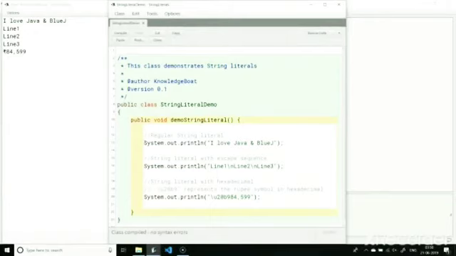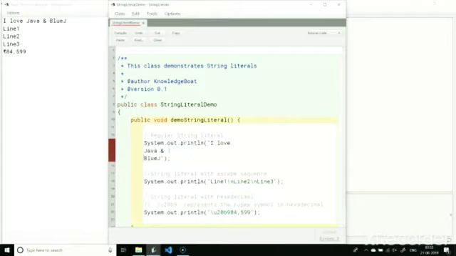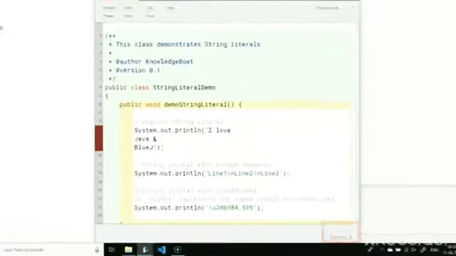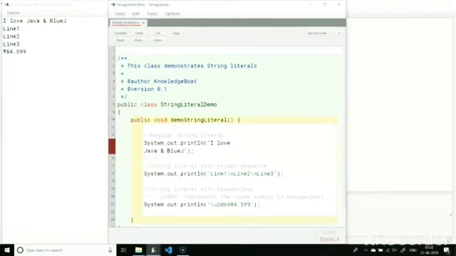One thing about Java string literals that is different from other programming languages is that strings in Java should begin and end on the same line. There is no line continuation escape sequence which we can use to continue our strings on multiple lines. Let me try to write this string here on multiple lines. As you can see, the compiler is giving me errors and is not allowing me to continue the string on multiple lines. I'll revert this back to its original form.